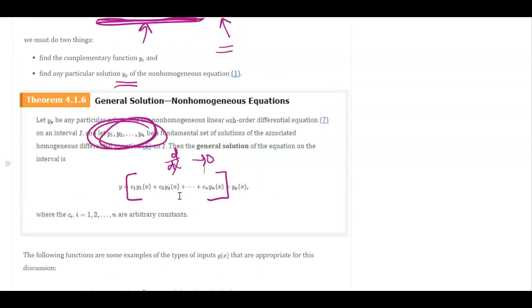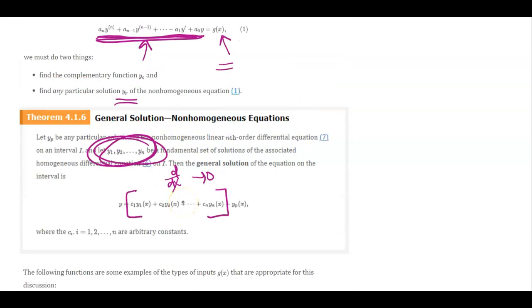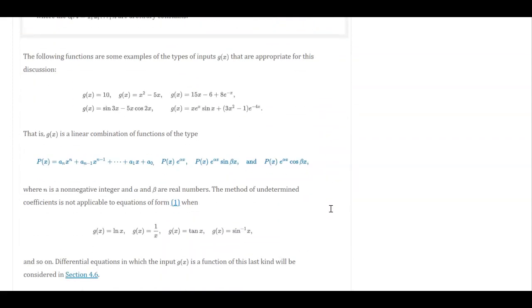However, in the non-homogeneous form, I still have this g of x piece. So I need to find something that when I plug into the differential equation gives me that g of x over here. Now, in this type of solving method, we are going to essentially just guess and check